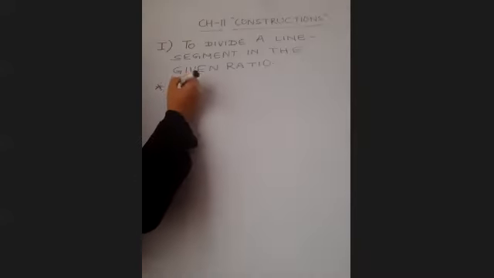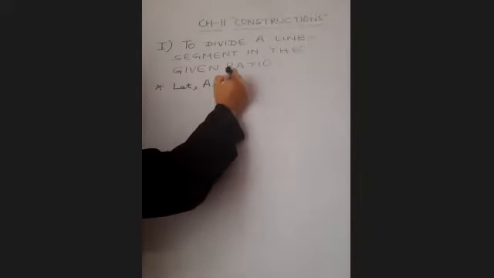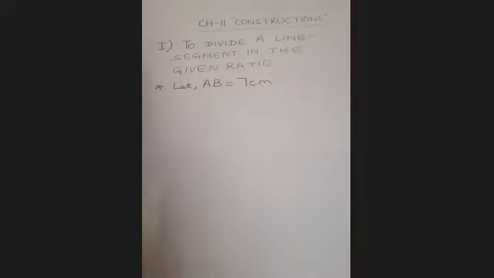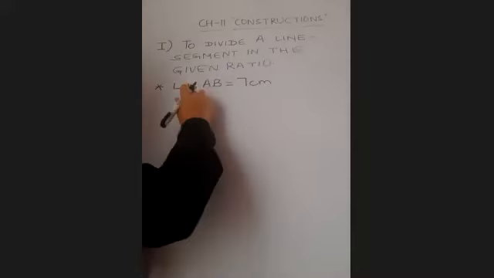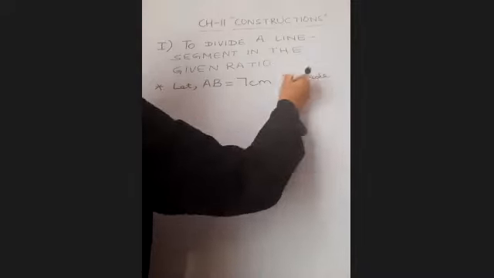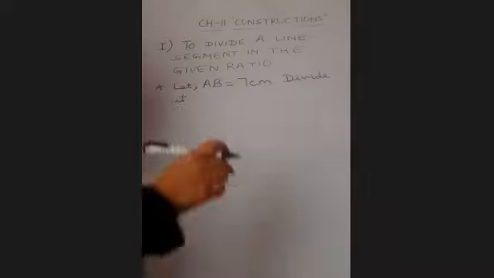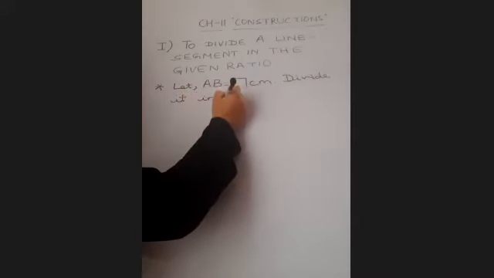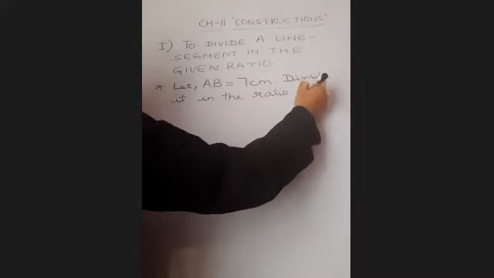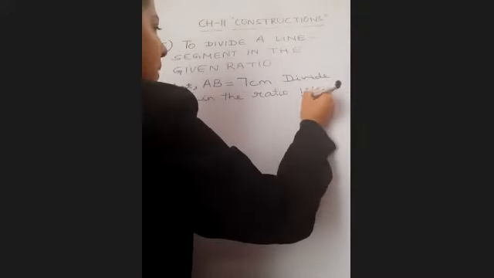Children, let us suppose we have AB, which is equal to, let's say, 7 centimeter. Okay? And we have to divide it in the ratio 1:4. Now, children, when I'm saying that divided in the ratio 1:4, that means how many parts will be there